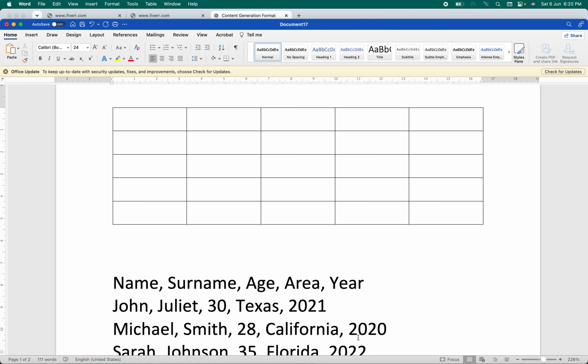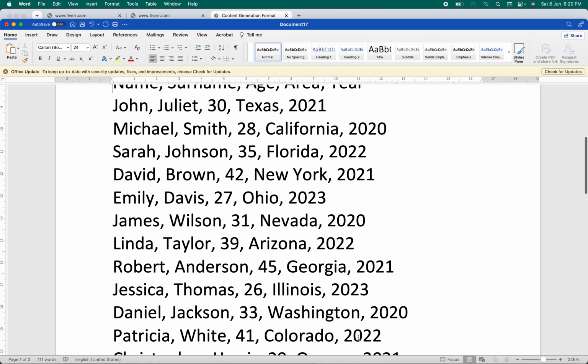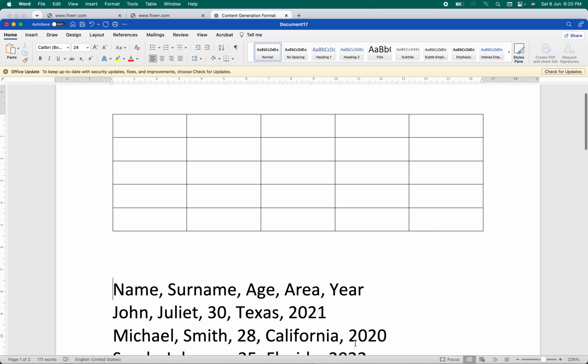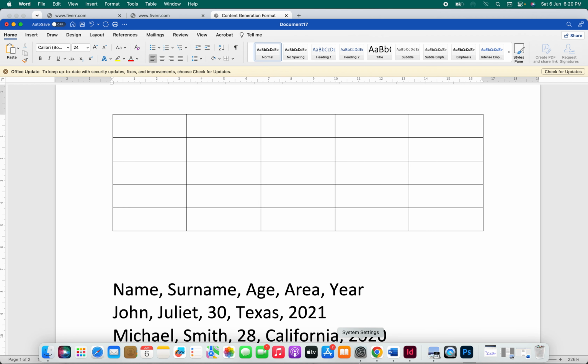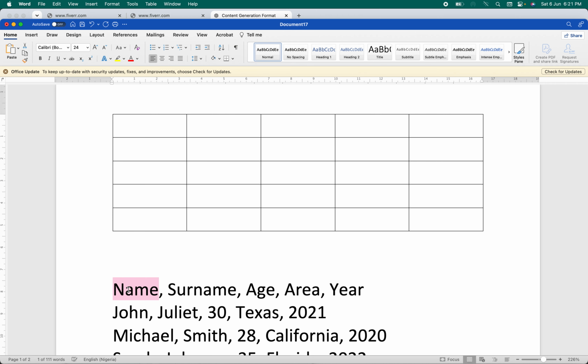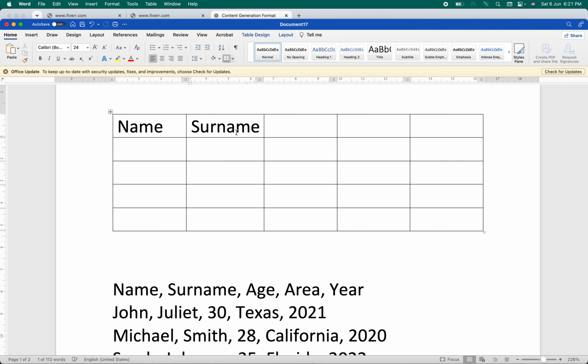HM Creative. Today, I want to teach you guys how to insert this text into a table with a single step. If you are going for a job interview and they ask you to insert this text into a table, instead of you copying the text one by one and pasting it into the table like I'm doing it now,